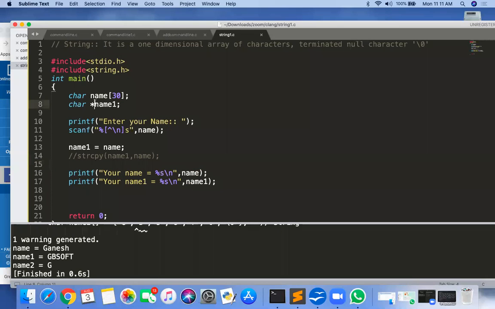So the moral is, if both are strings and you want to copy one string into another string, then use strcpy. But if your source is a string and your destination is a pointer, you can directly use name1 equal to name. Getting? So use strcpy only when both are arrays.